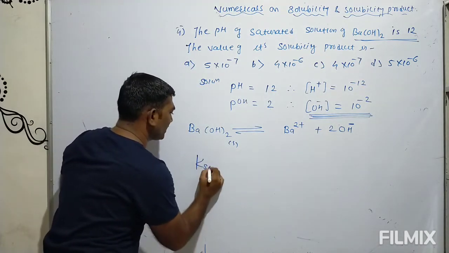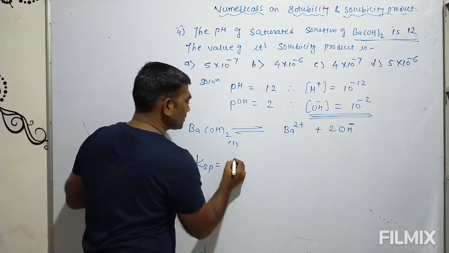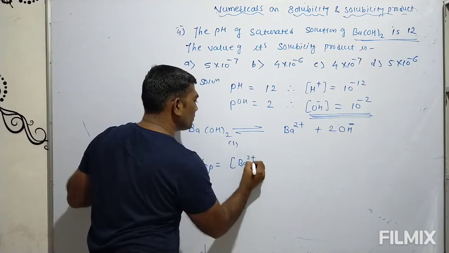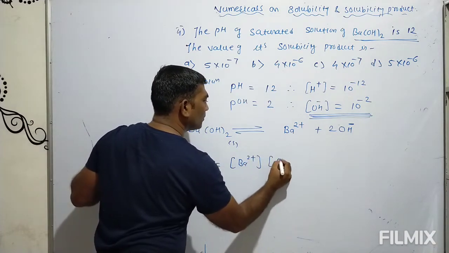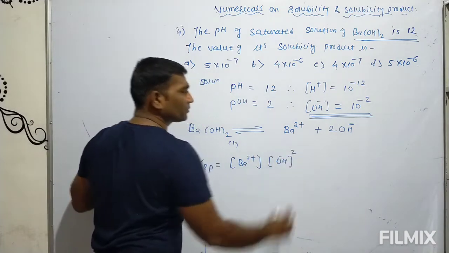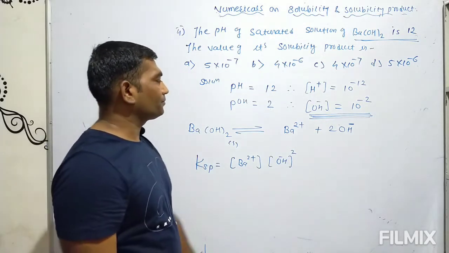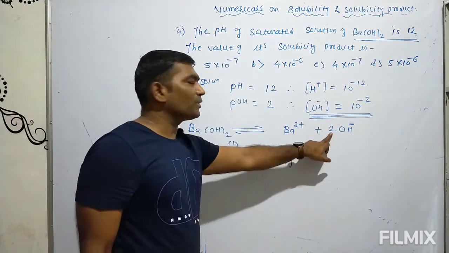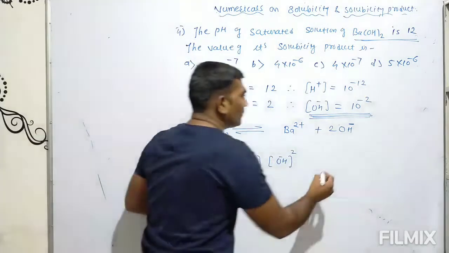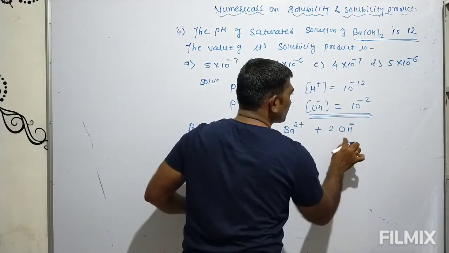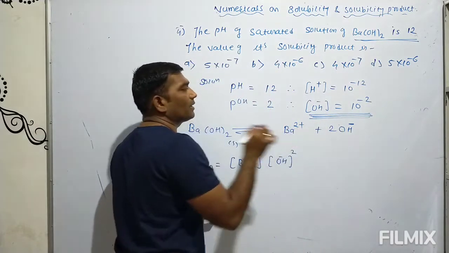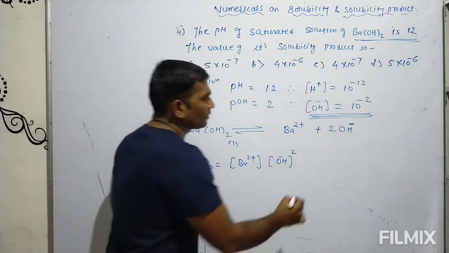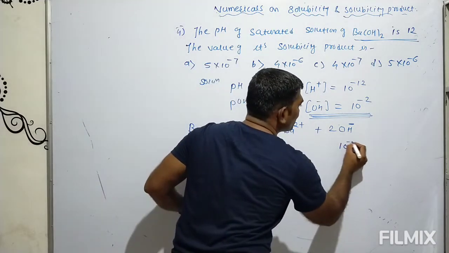Ksp is equal to what? Concentration of Ba2+ times OH- to the power 2. Now listen here. Here the coefficient is 1 and the coefficient is 2. Means if it is 10 to the power minus 2, 10 to the power minus 2,